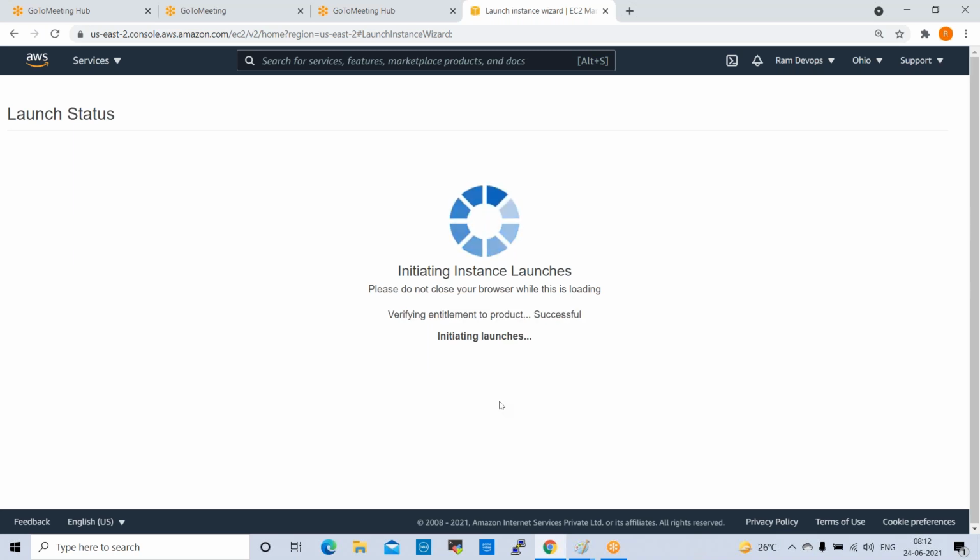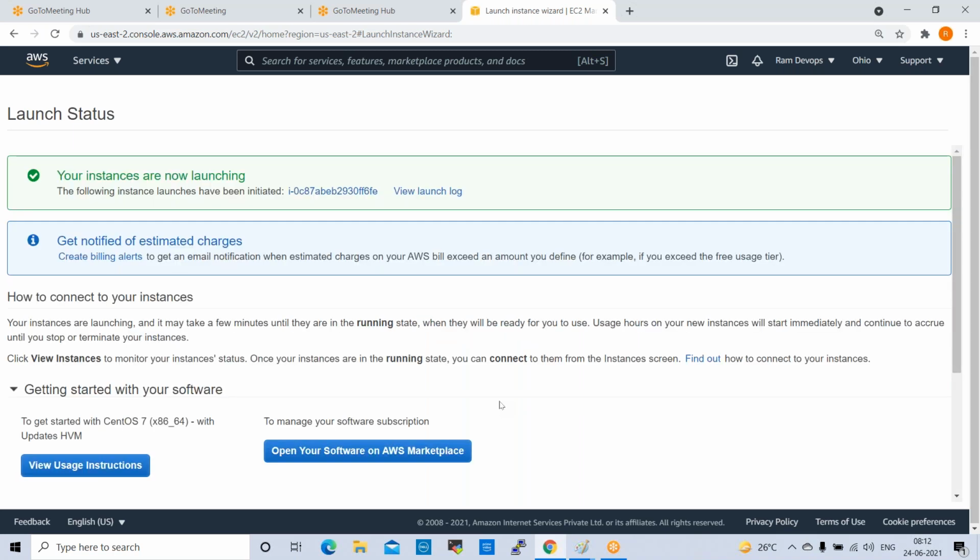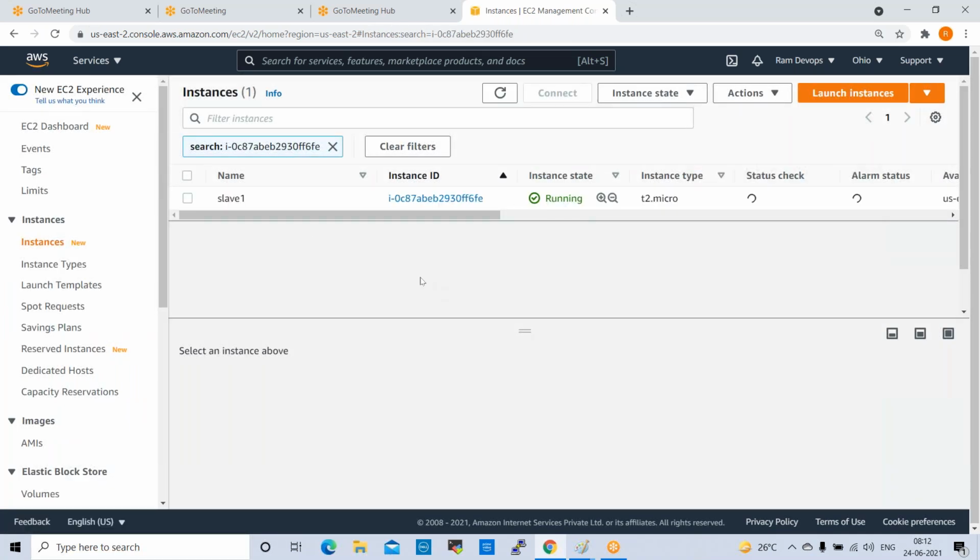So basically, why are we creating this slave server? Normally in real time, when we set up this master slave model, we always run the jobs on slave servers only. We don't run jobs on master because master maintains the slave servers. In our project, we have 20 plus servers available as slave machines to run the jobs, with different schedules and different jobs, right? So we should not run jobs on master servers in real time.